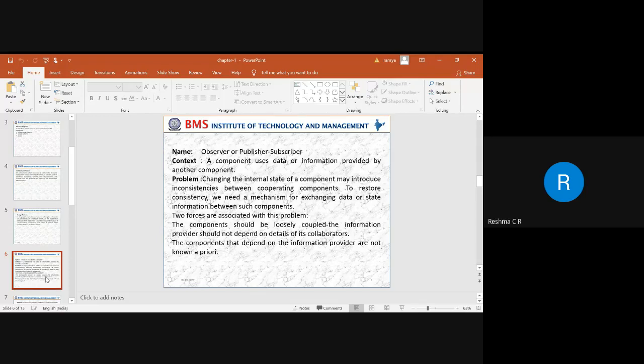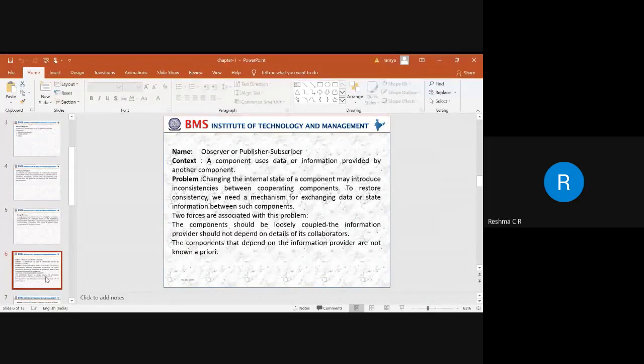Say for observer pattern, we had taken that if any one is there, there will be an observer which will be observing. So if any changes are there, it tries to notify the other dependent components. That is an example that we have taken. For that, whatever components we are identifying, whether these particular components are able to restore, and what changing mechanism we are trying to have, that has to be identified. So this is how the pattern is indicated.